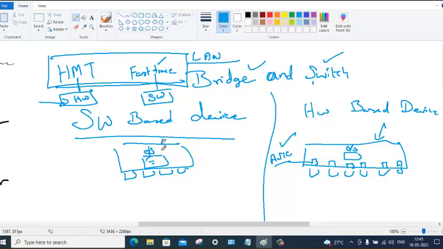So bridges cannot be too big. You cannot have too many ports. Switches have too many ports because you have a lot of hardware sharing the load in controlling the packet forwarding.